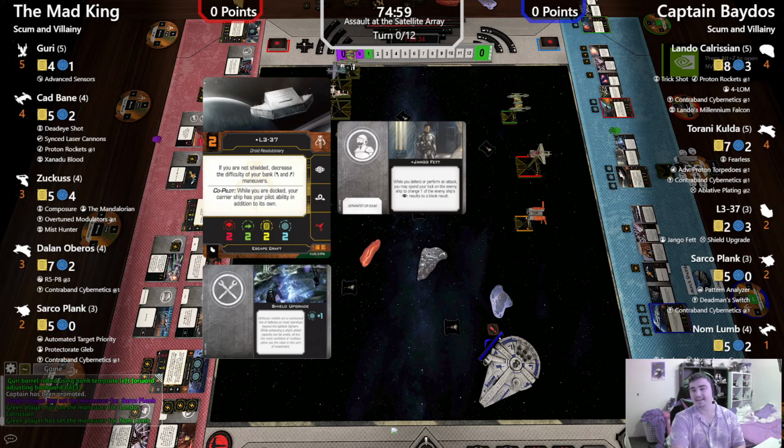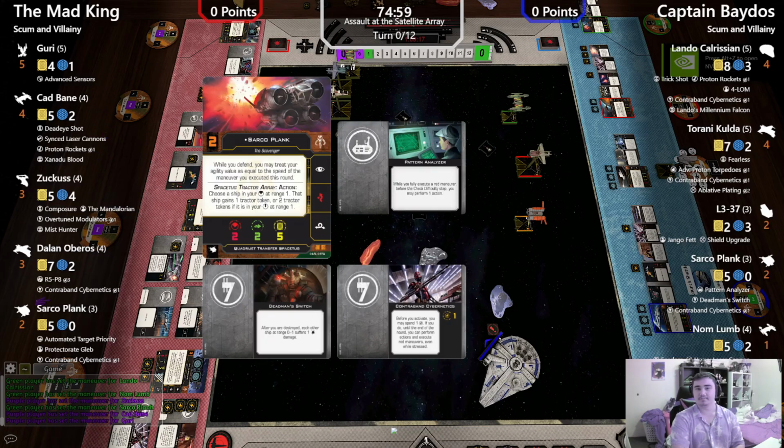I don't like that. I think he's just scrambling to find a 3-point upgrade. But yeah, so L337 is docked in the Falcon, so the Falcon can take damage onto L3's shields instead of its own. It's pretty cool. Next we have Sarko Plank, similar to Mad King's list, same ability, but he's got Pattern Analyzer,